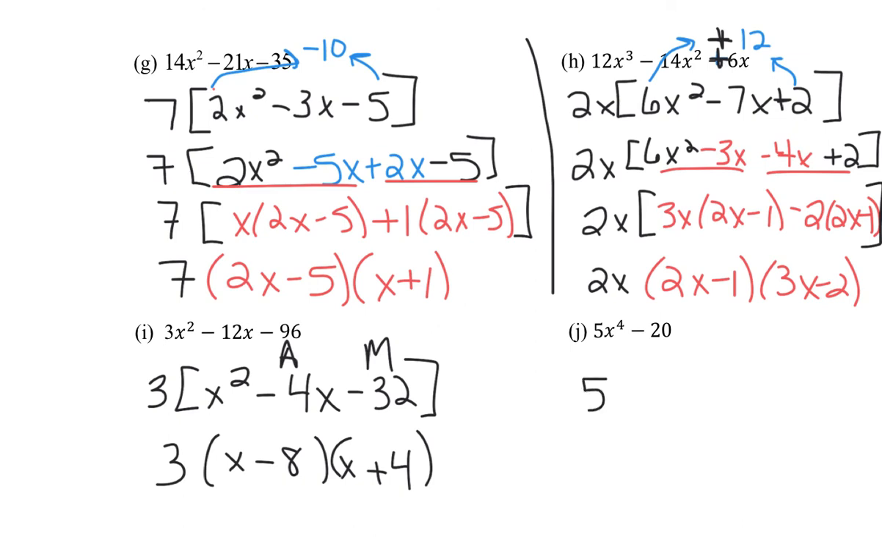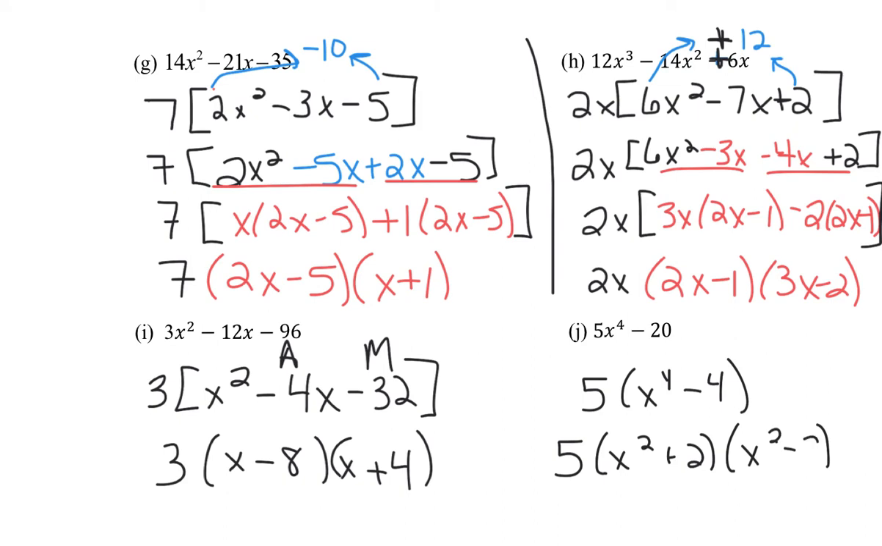So I'm going to take out a 5, and I have x to the 4th minus 4. That is a difference of perfect squares, because x to the 4th and negative 4 are perfect squares. So I have x squared plus 2 times x squared minus 2. It kind of looks like maybe I could do a difference of perfect squares on this part again, but 2 is not a perfect square, so this answer is